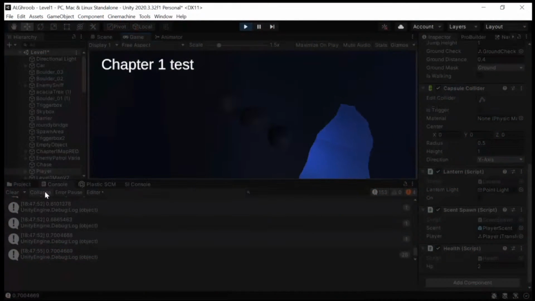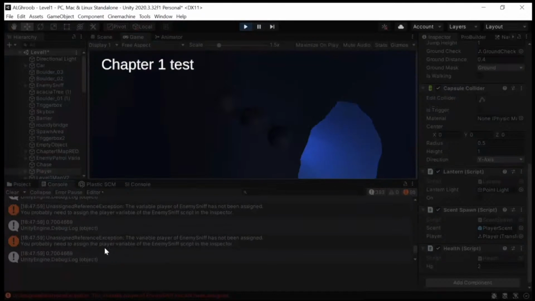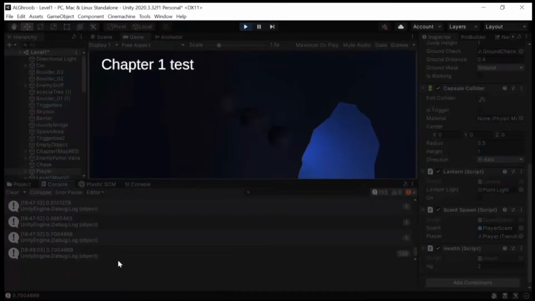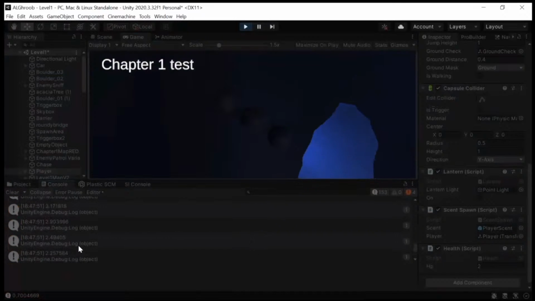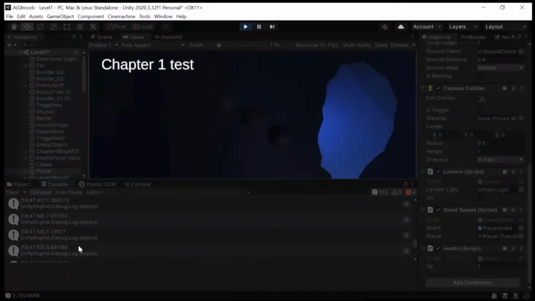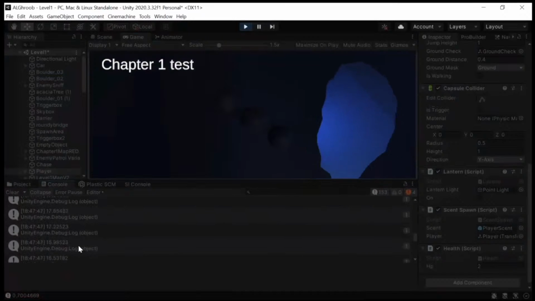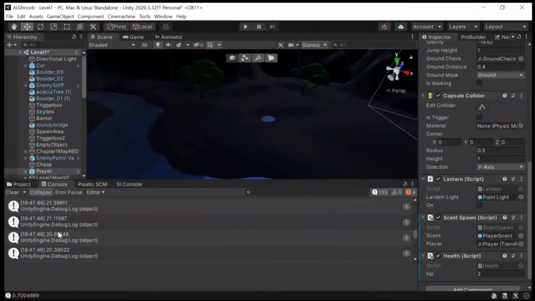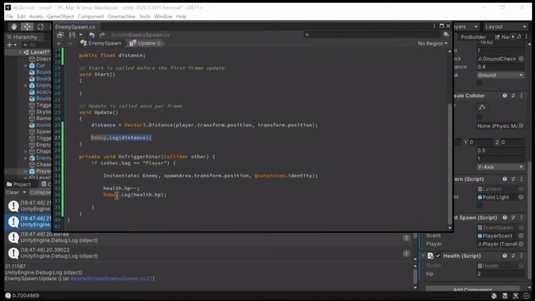Something happened. Oh no. One minute. It collapsed. Yes. Let's see what else there is, because I did the Debug.Log thing. Yeah, I need to remove that. Actually, remove that so you can see if this works. Debug.Log, this one works. But